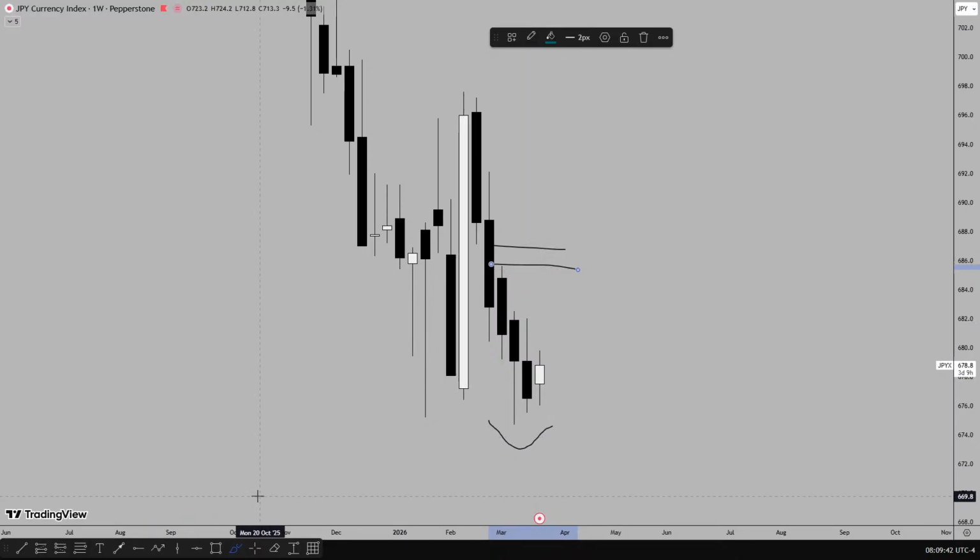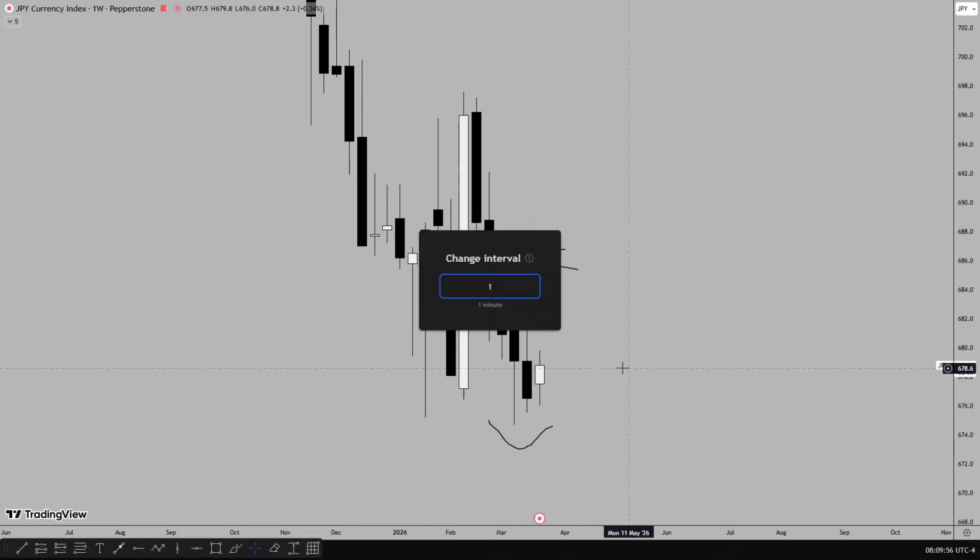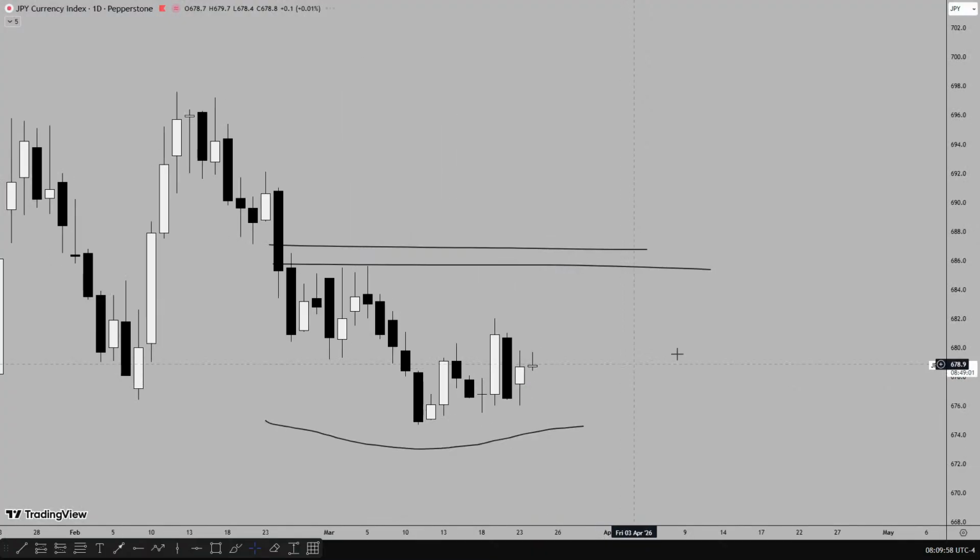Now, I told you guys about the JPY index. If you're to trade the USD JPY, pay attention to the JPY index. Now you can see the reason why. You can see the correlation. So pay attention to the daily time frame. When you move to the daily time frame,